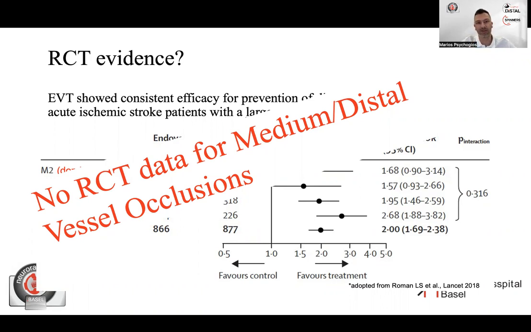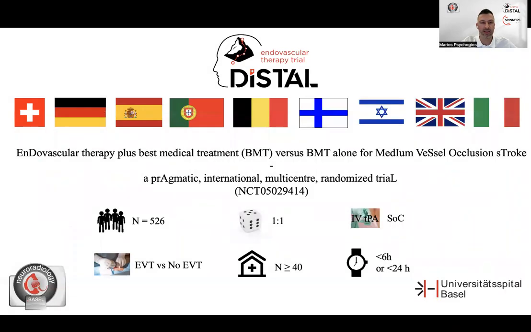It's better at the moment to do randomization on those cases. But that brings us to the DISTAL trial, and this is a pragmatic trial. So what we do is we let the patient come into the hospital, has his imaging and examinations. And then after his best medical treatment, so he can get TPA, he can get, in the late window, aspirin,